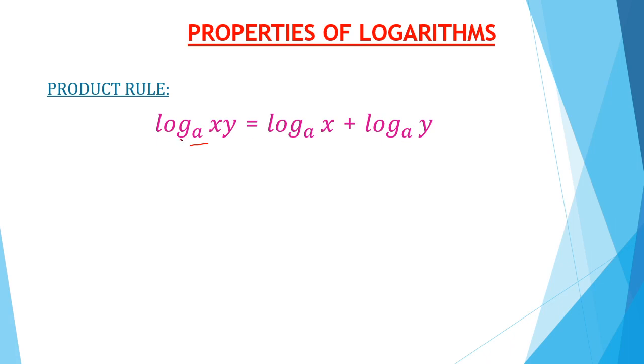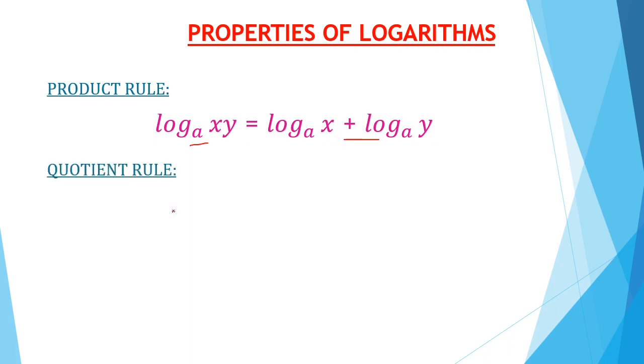Simply you can read it as log xy to base a equals log x to base a plus log y to base a. Here, why is it addition? See, it is a product. We have some proofs also, for the product rule and the quotient rule. In the later classes, we will discuss these proofs. Just now we are writing the properties only. If it is in product form, then we can add in logarithms.